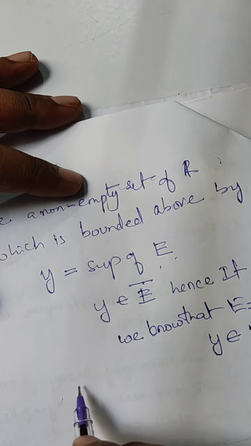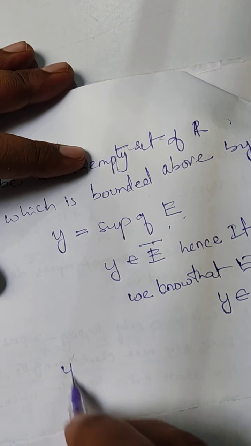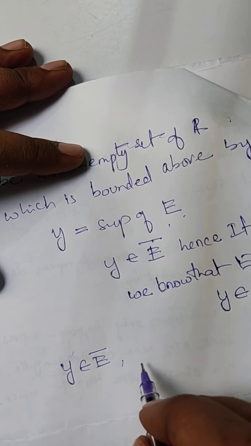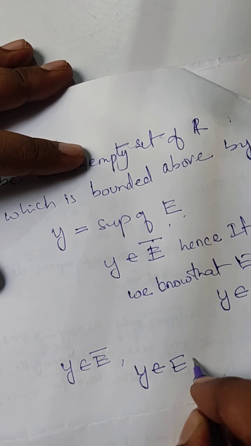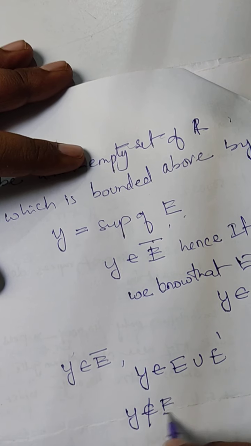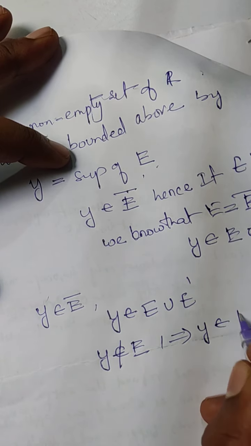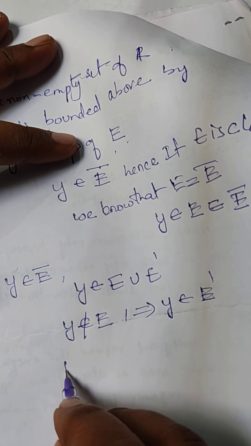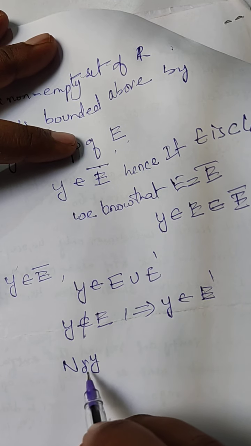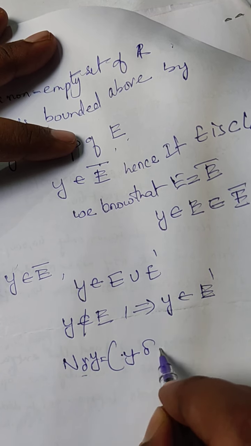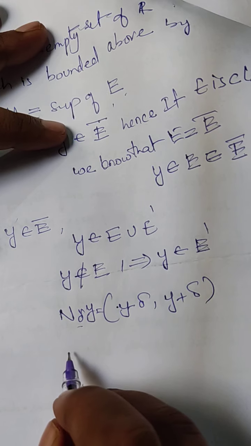So to prove that, you have to take y, just explaining briefly, y belongs to E closure. That means y belongs to E or E dash. If y does not belong to E, then that implies y belongs to E dash. Now, considering a neighborhood of y, N delta y, with a radius delta, it is (y minus delta, y plus delta). Alright, now